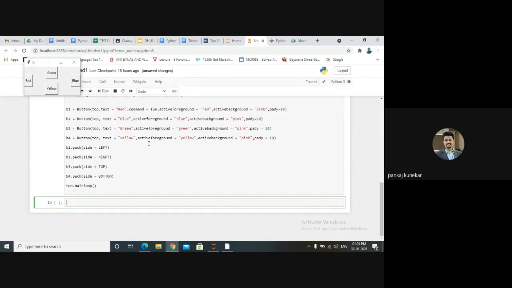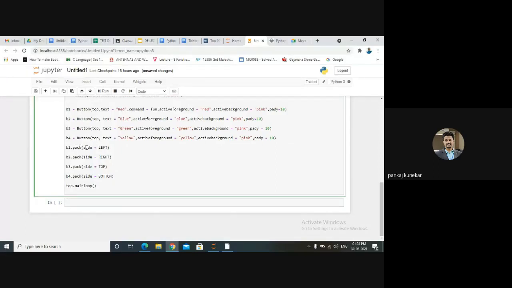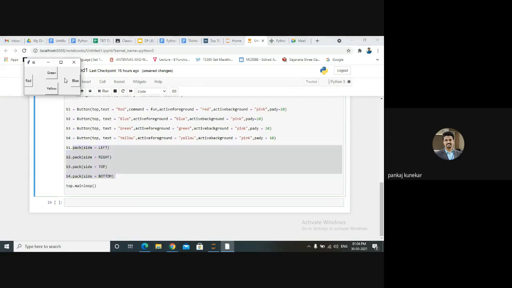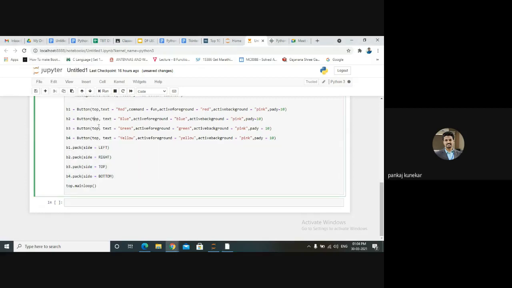Each and every widget has some options, and the pack function also has options. Pack is very much important. Without pack, your widgets will not be displayed on your window. You know that in Java Swing also, creation of your widgets is not enough. After creation of your widget, you have to add those widgets on the window. So here the pack function is used to display or to add your buttons or widgets on your window.